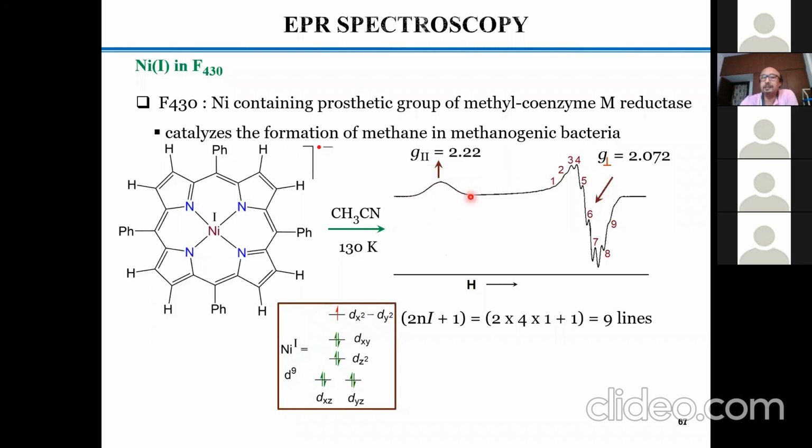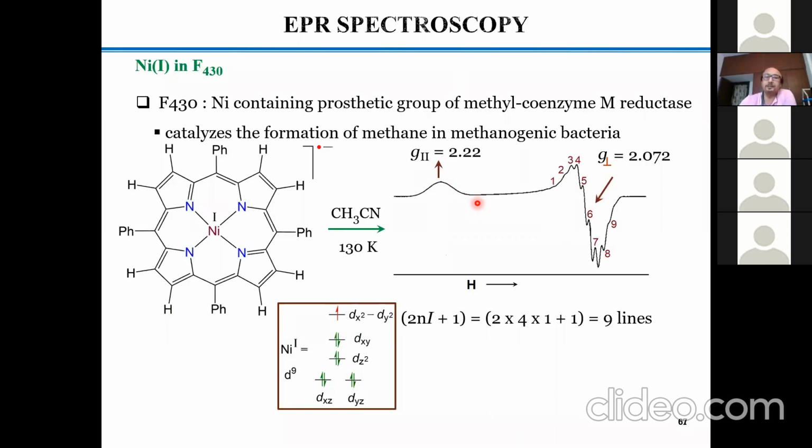That means this is the direction where the magnetic field is parallel, and there it is expected to have a lower intensity compared to this one. This is clear, right? Now, another question is, this spectrum tells us very clearly that this is the Z out situation. Z out means your elongated situation.